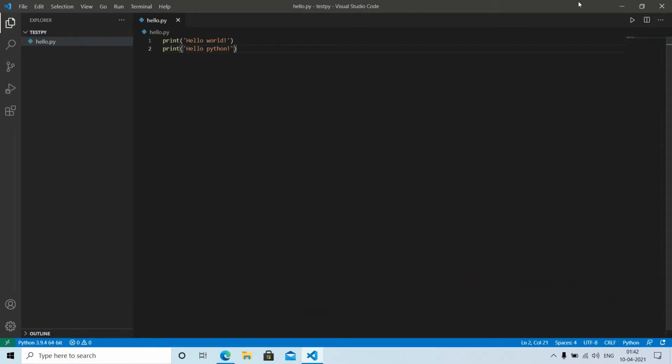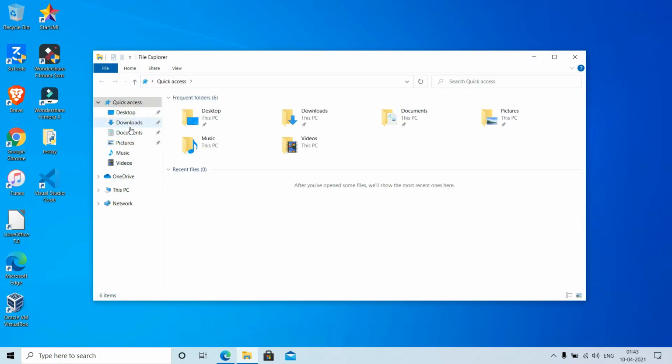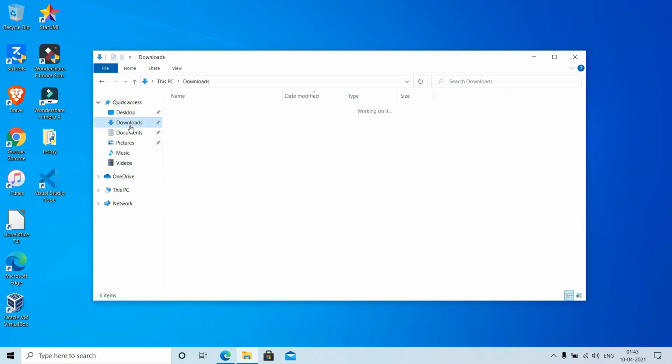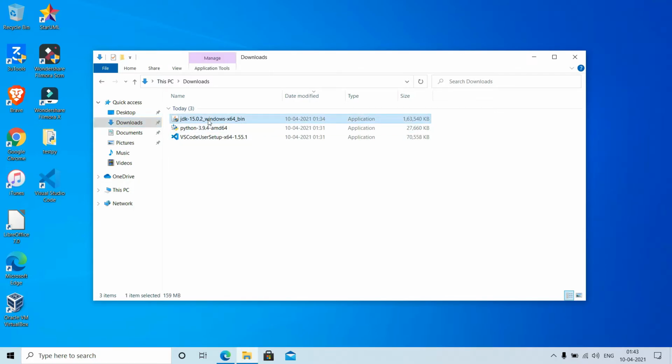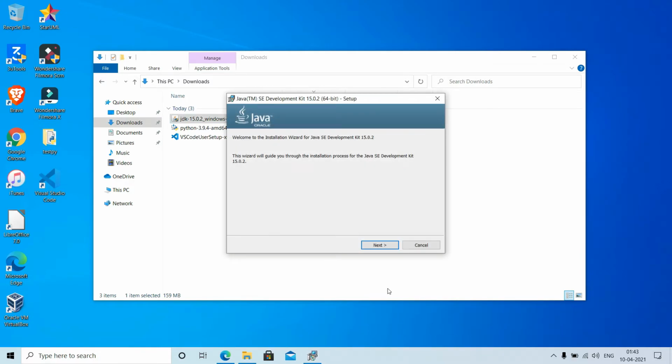Now let us go ahead to Java setup, that is the installation of our JDK. Let's go to file manager and downloads. Downloads is the folder where we have saved our JDK. Double click on JDK and click on yes. Okay, so click next.